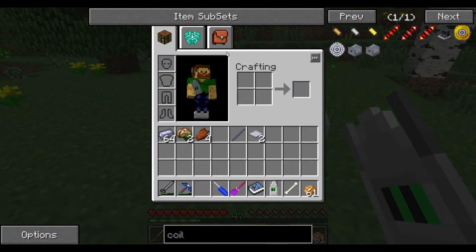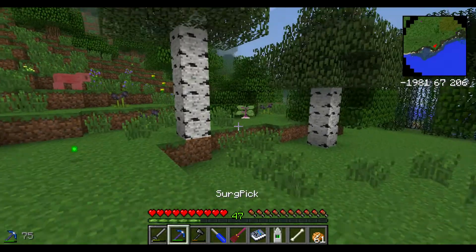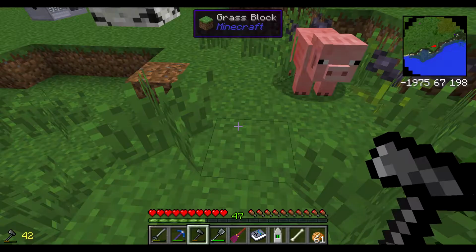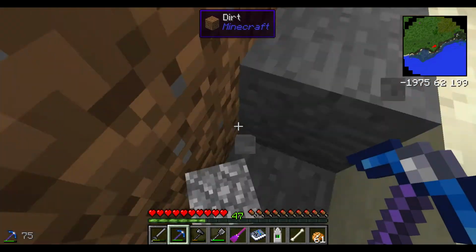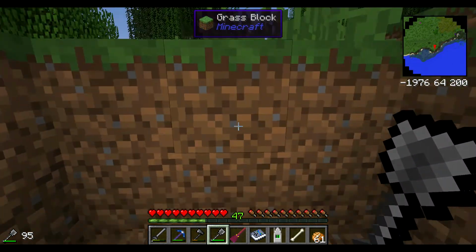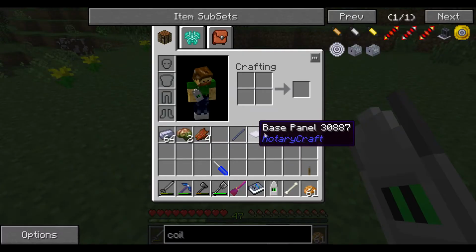There we go. And I don't have a lever. Of course, I don't have a lever. Well, there's an easy way to fix that. Let me just see if I can get a piece of stone. Excavator works. Go away, pig. I always forget levers. I should probably put a stack of them in my knapsack. Okay. So now I have at least one lever,